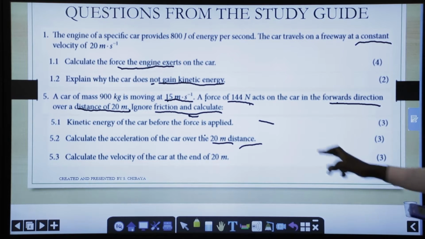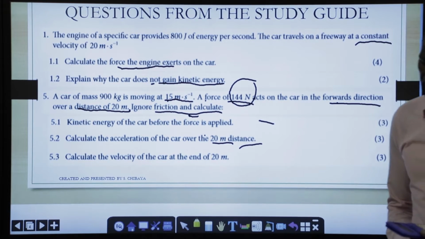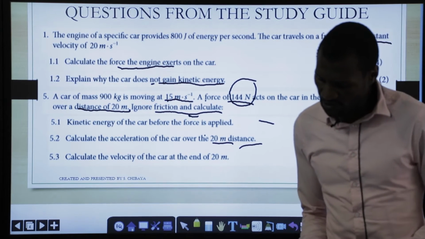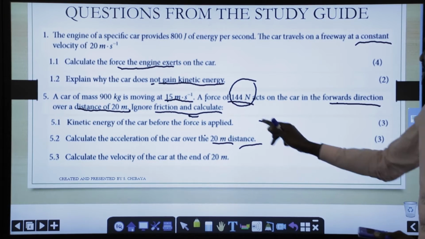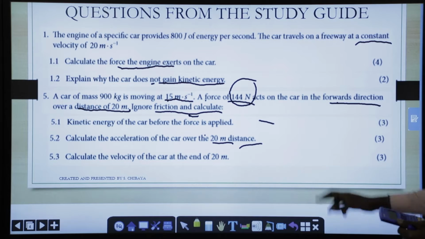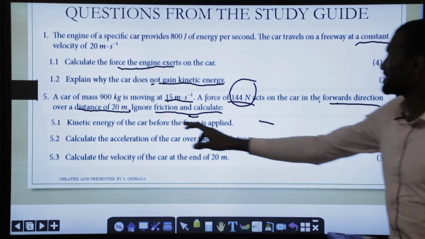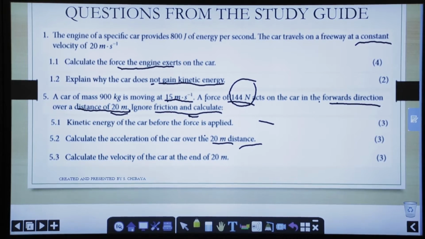We know that there is a force of 144 newtons. If we know the force of 144 newtons and the question is asking us to find the acceleration of the car over that 20-meter distance,